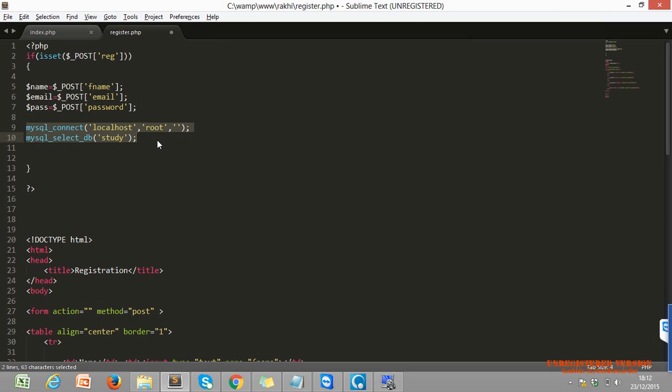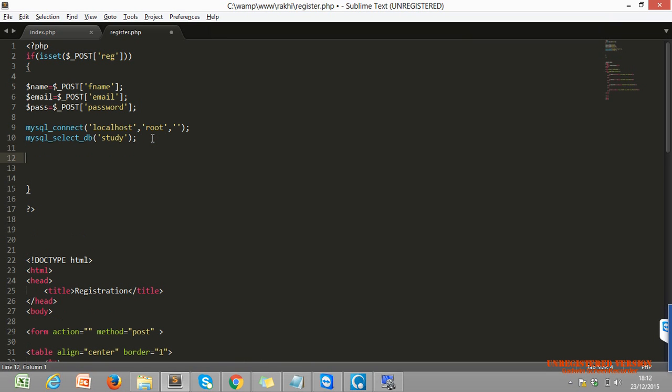Now the next thing is that I create one insert query. This time I'm declaring a user defined variable, query. You can use any name. Within it, let's take double quotes.